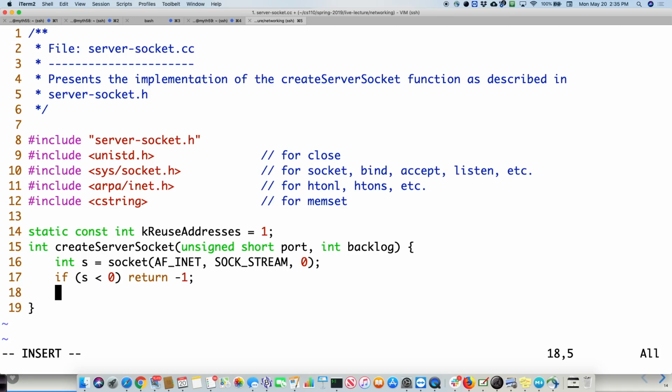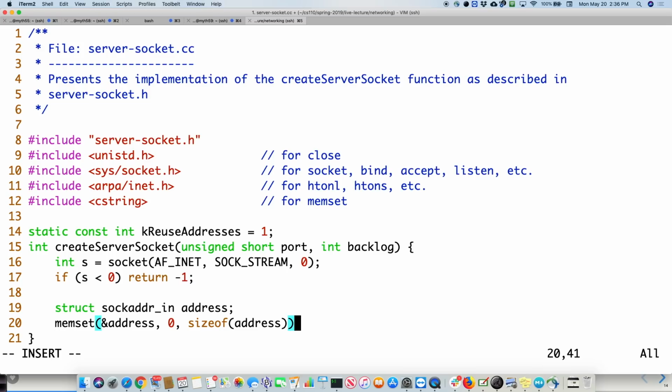But if it did open, then we can go on. Struct sockaddr_in address. This is going to look relatively familiar. Then we're going to memset address, 0, sizeof address. Then we're going to set the sin_family.